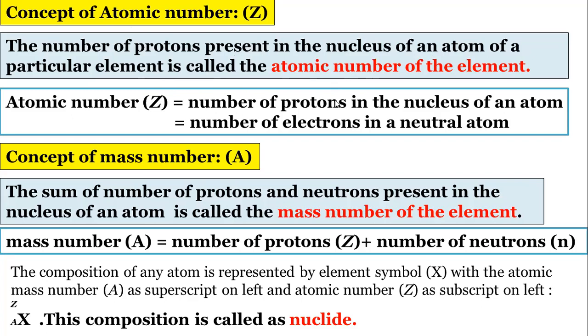Now, what is meant by mass number? It is denoted with the symbol capital A. This mass number is the sum of protons and neutrons, remember. So mass number is the sum of the number of protons and the number of neutrons present in the nucleus of the atom. It is called A. So A is Z plus N, where N is the number of neutrons. So this combination is called as combination of this